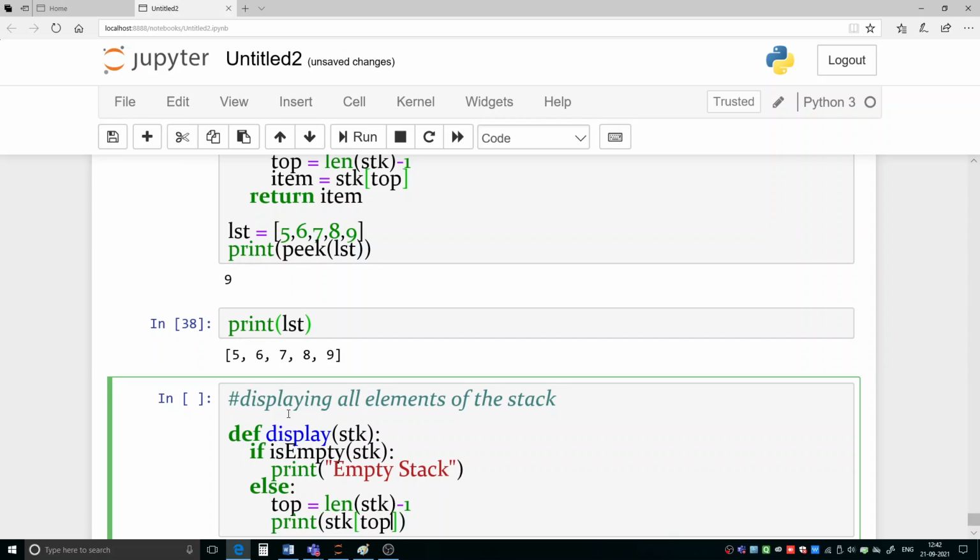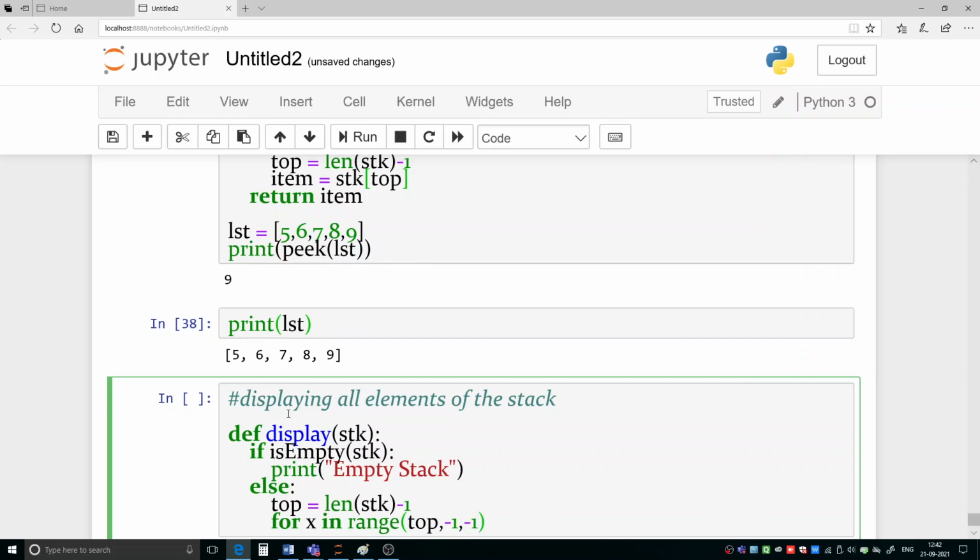Or what we can do, we can print all the elements using loops. Using a loop we can write for x in range(top, because top is the last index. So from top we have to go to the first index. First index is 0, so we have to take the finishing point as -1 and then the step should be -1.